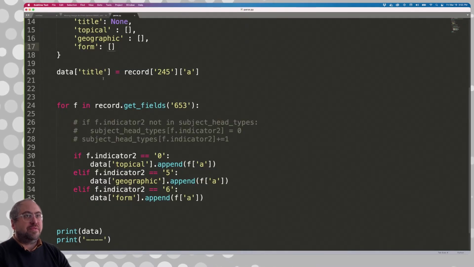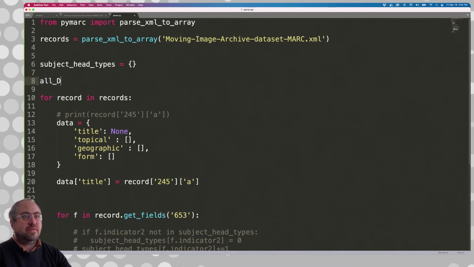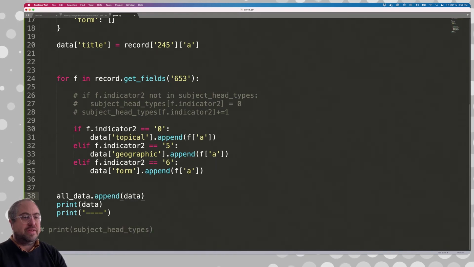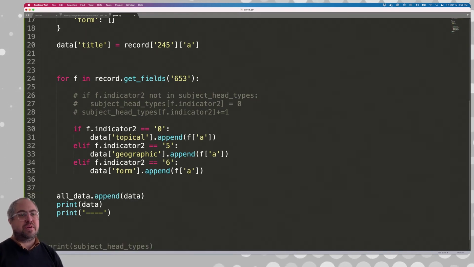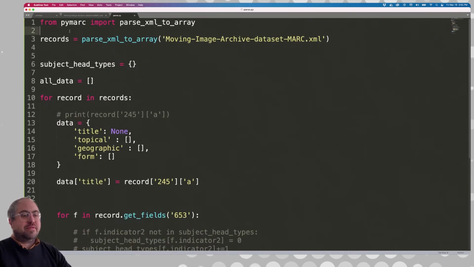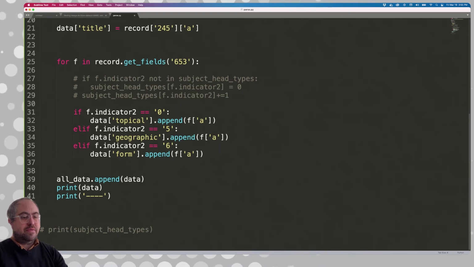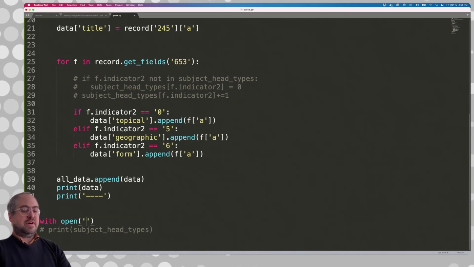Let's push this into our all data. And so we have all data, and we'll append our data that we just created in there. Now we have it stored in our list. And let's just import JSON for later, and we'll save this out as JSON. So we'll open the file first, we'll say with open, we'll call this subject.json as write,